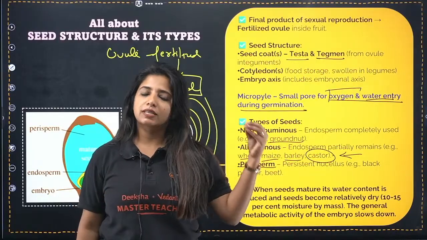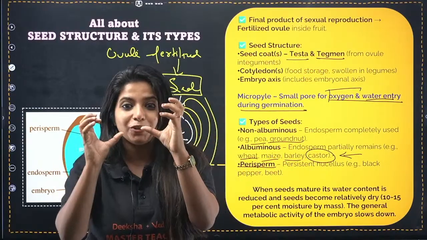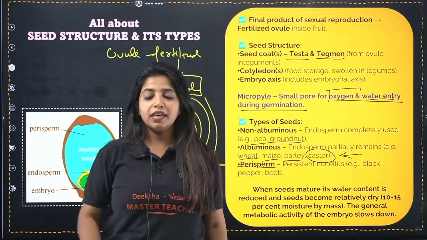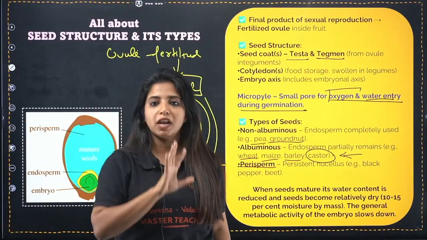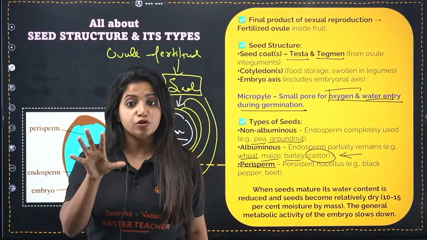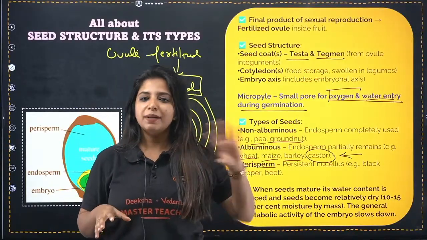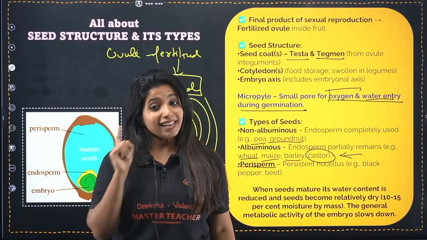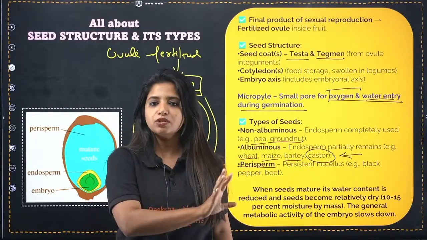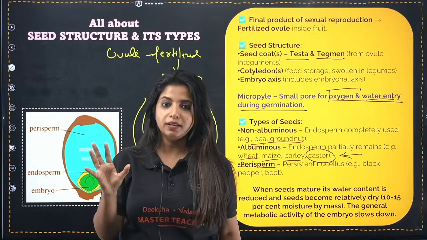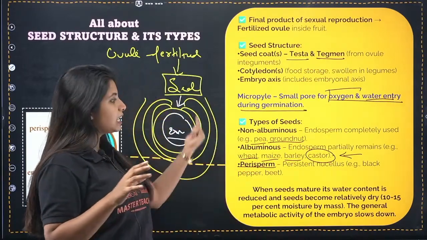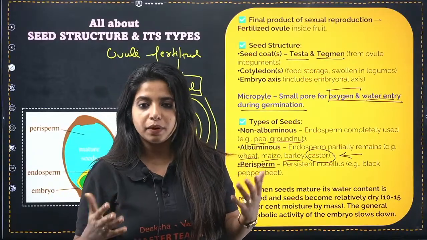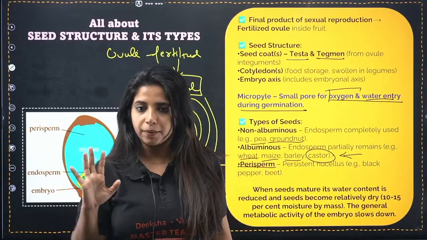Non-albuminous seeds are mostly dicots that you can break into two. The pea, everything that you break into two is basically cotyledons, nothing else. Pea, groundnut, beans are all non-albuminous. In albuminous come usually monocots. For example, wheat, maize, barley, you cannot break into two. Castor is a dicot actually, but it comes under albuminous. So remember that. Then we studied that sometimes some part of the nucleus remains back. You call it perisperm. That is there for providing nourishment, and examples are beet and black pepper.